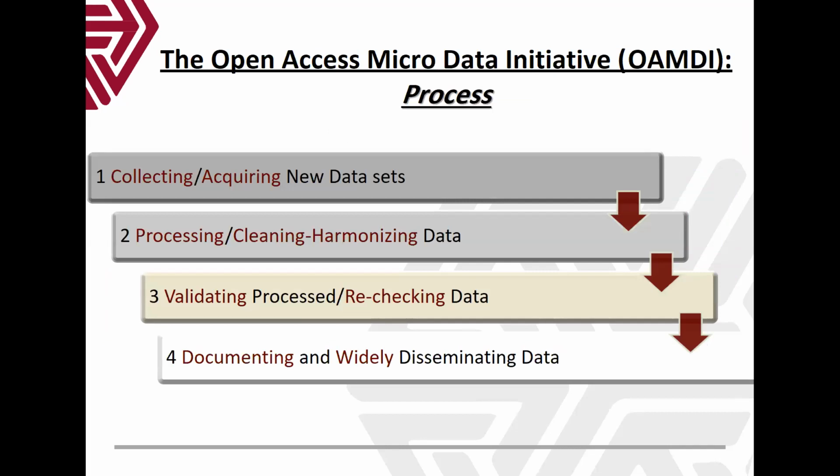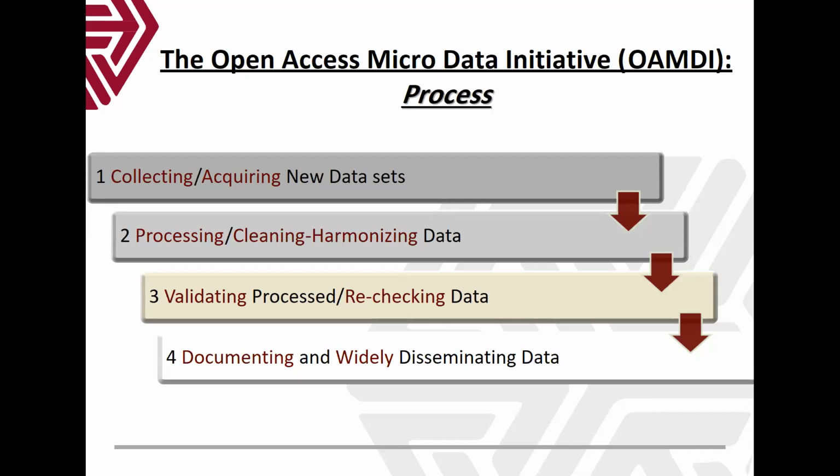So we should approach them, ask for this data set or any other data set. For instance, we're trying to request the same data sets from the Palestinian statistical office and from the Jordanian statistical office as well. When we get these data sets, we start cleaning them and harmonizing the data.